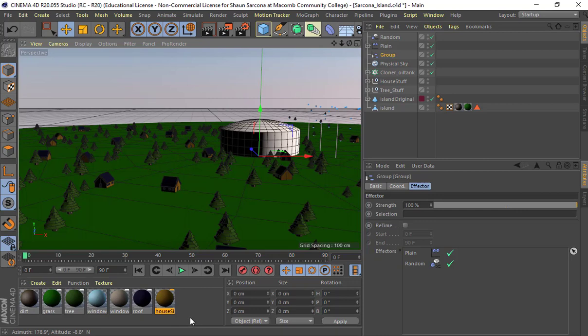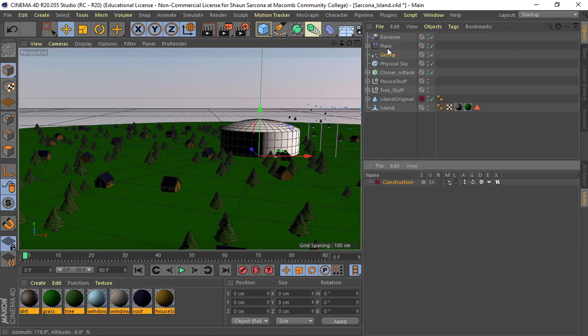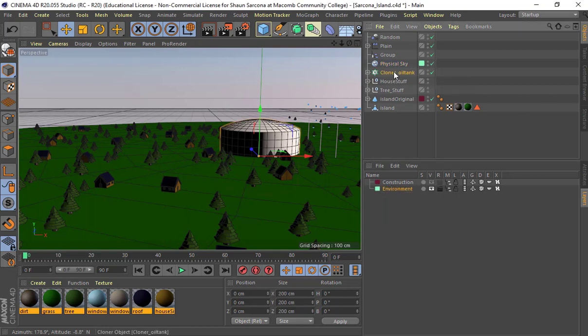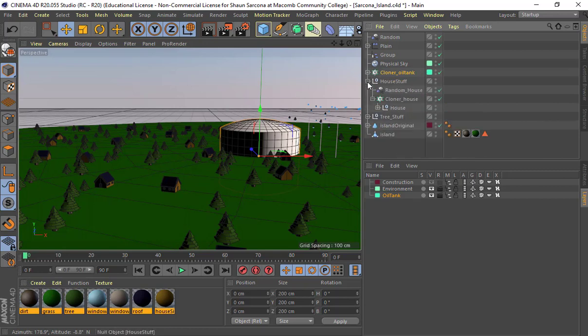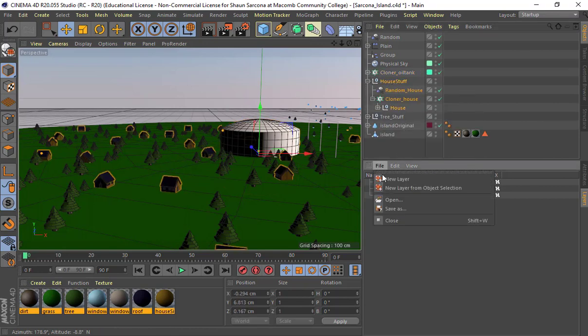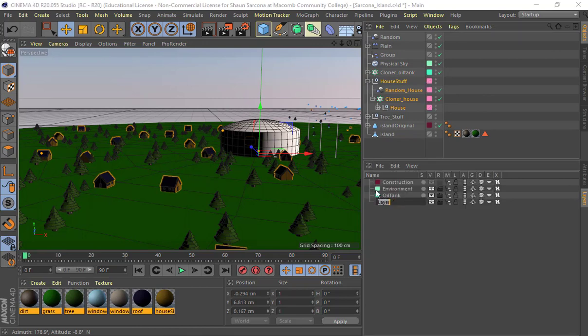Make sure you're labeling your stuff. Make sure you're adding them to layers. Here is my sky stuff, so I'm going to just call this new object Environment. Here's my oil tanker. Tank. Make sure I open it up and assign both items to it, otherwise it doesn't get it. Same thing with my house. I can grab all of these things, make a new layer. There it goes. House. And this is an easy way for you to be able to turn things on and off,